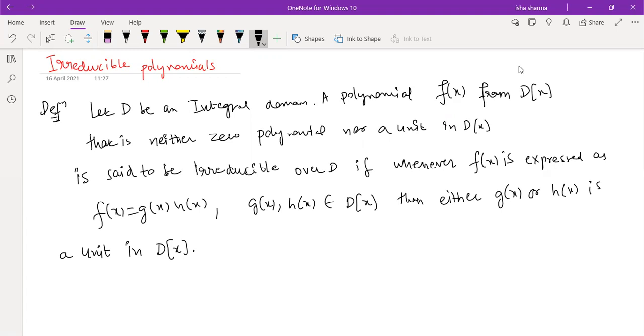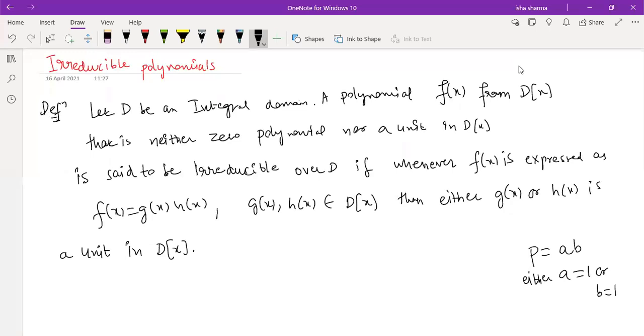So the definition is similar to a prime number. So we know that a prime number does not have any nontrivial factorization. The only two divisors of a prime number are 1 and the number itself. So whenever you try to write a prime number as a product of two other numbers, a and b, that means you are trying to factorize it, then we know that either a will be 1 or b will be 1. One of them has to be equal to 1 and the other one will obviously be the number itself. So this is what we say: a prime number is not factorizable. We cannot factorize a prime number.